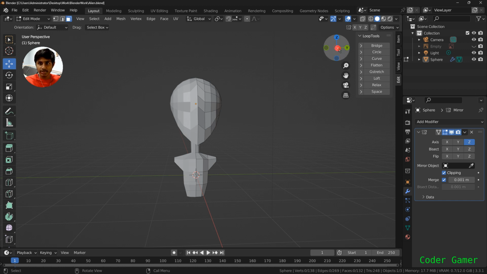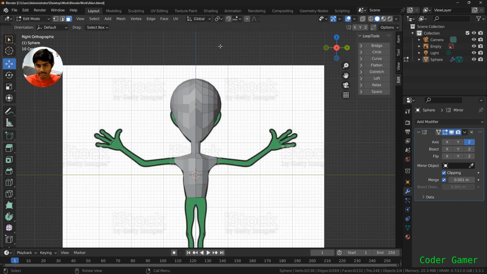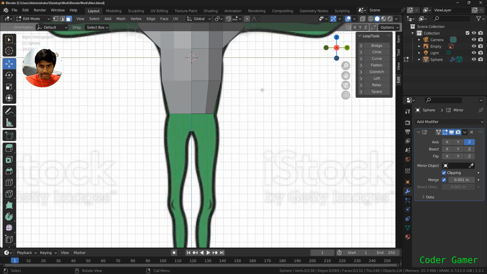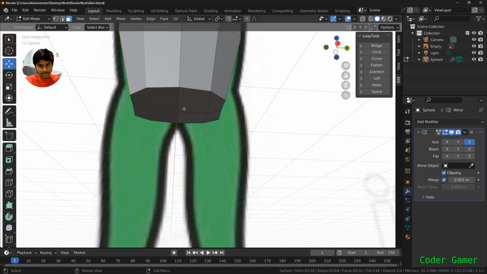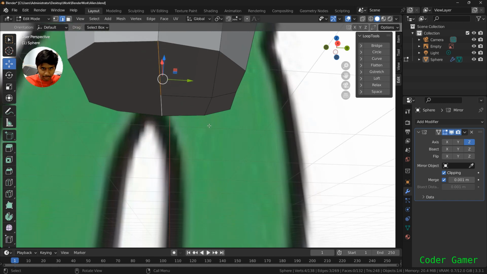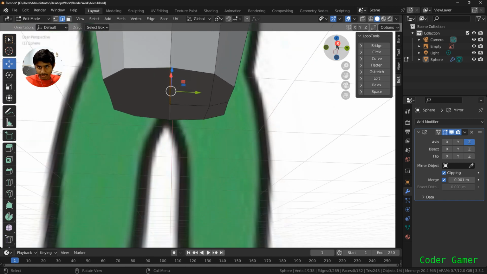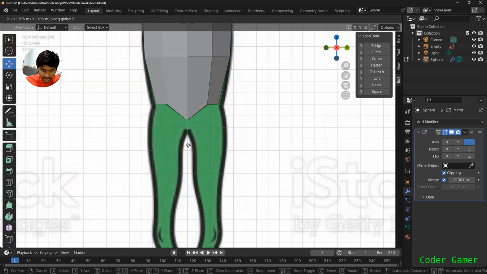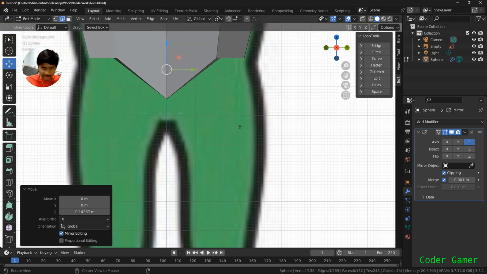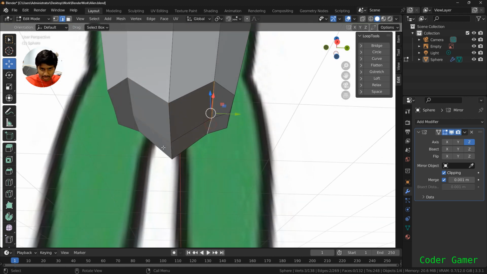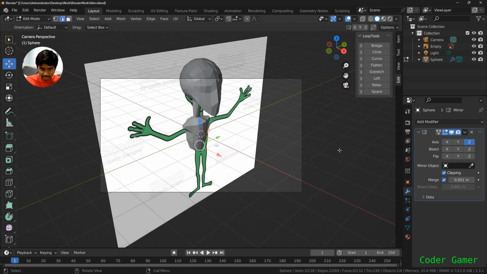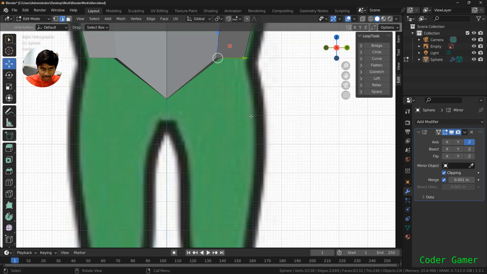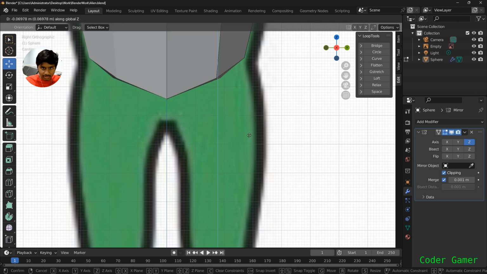So to start it off, we're going to go into our X viewpoint. I'm going to take these 2 points here. No, I'm selecting the faces. I need these 2 edges, sorry, not points. Once I have those 2 edges, I'm going to click G and Z, and I'm going to move it to about over there. I don't want it exactly there, because we are going to fix it in another way. So X, G, Z,